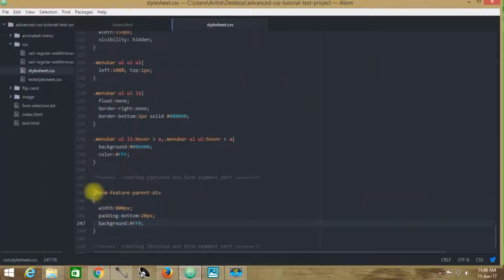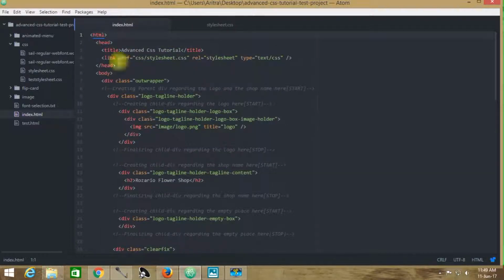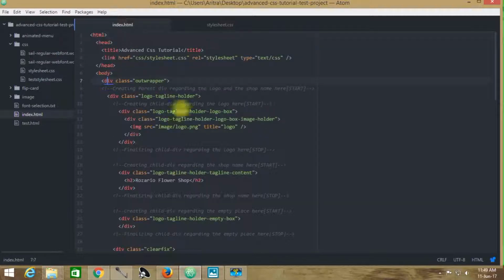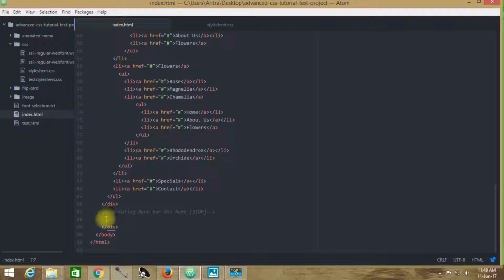Press Ctrl S and copy this class name, get back to index.html, and here first of all this is the out wrapper. Where is the out wrapper? Over here. This is the out wrapper. It ends over here, so all we need to do